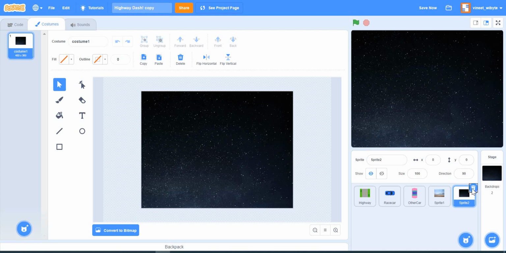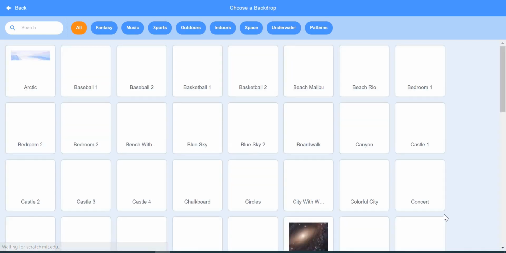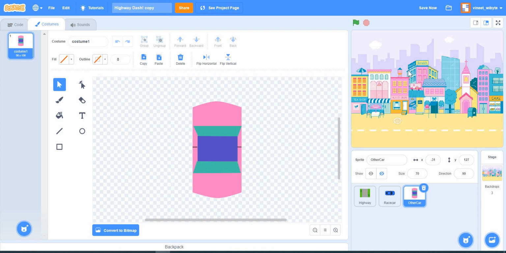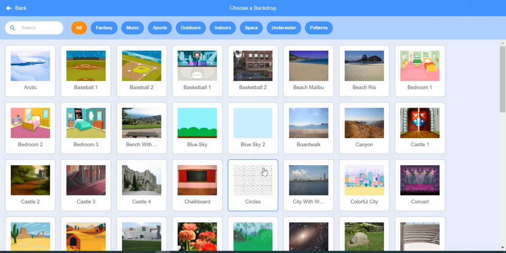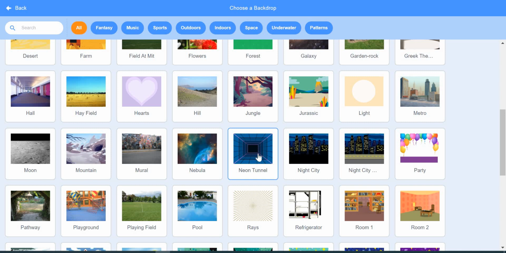There are many sprites out there which are suitable for scrolling one way or the other. What you can do is look at the backdrops. For example, something like blue sky, you can scroll both ways. Something like circles, you can scroll both ways. But something like chalkboard, it will be very odd to scroll vertically. You can scroll it horizontally, or colorful horizontally, and horizontal scroll will look fantastic with this. But there are certain other backgrounds which can be scrolled both ways. For example, hayfield is great for horizontal scrolling, desert is great for horizontal scrolling, but maybe a neon tunnel could be scrolled both ways.